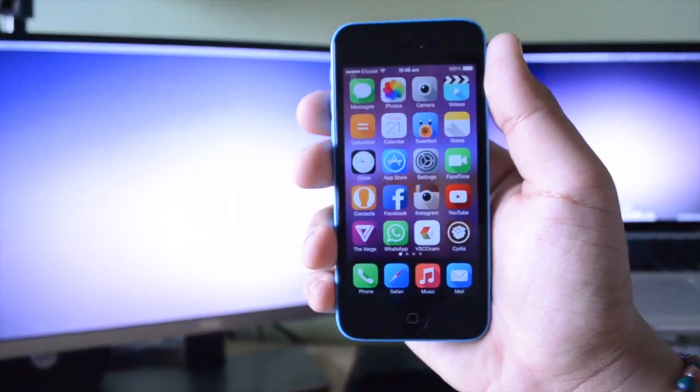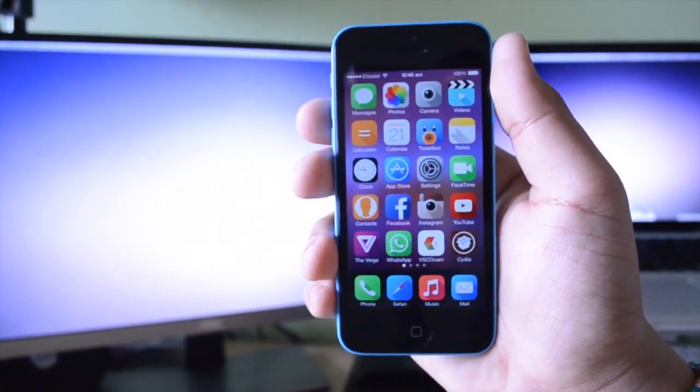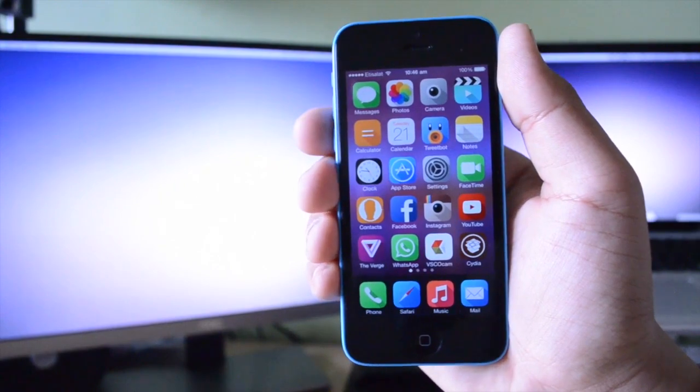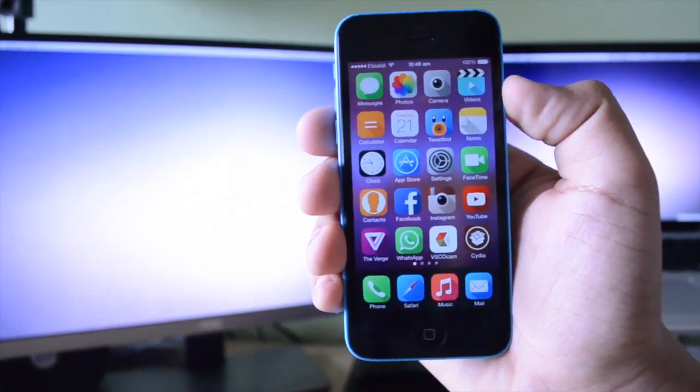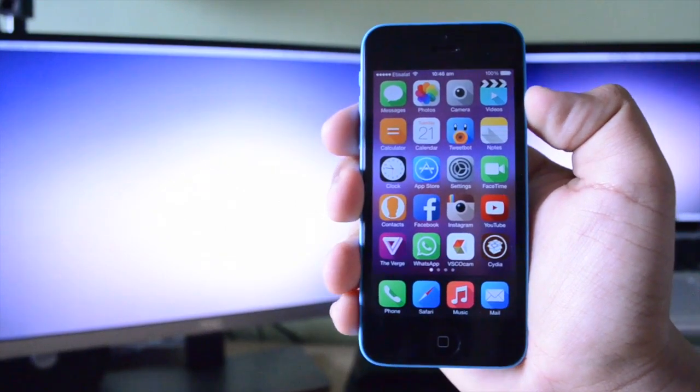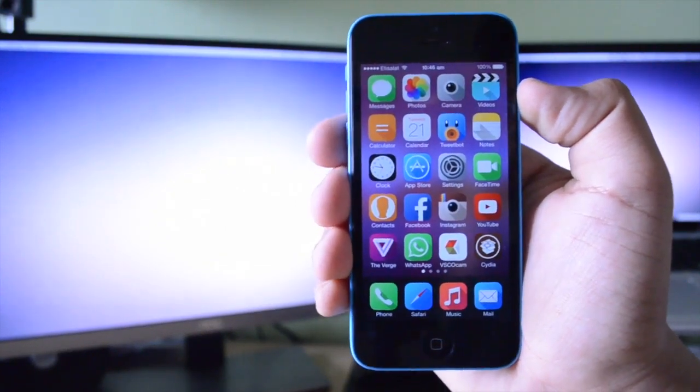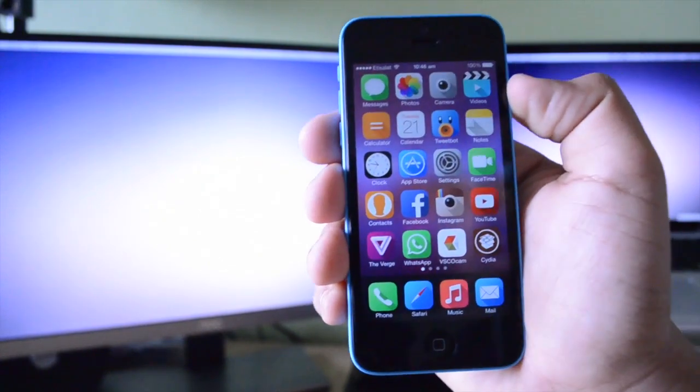Alright guys, so this time I do have a number of interesting tweaks to show you, and to kick the list off, I'm going to start out with a tweak called Blurred. Now this is something I have been using on my iPhone 5C for a little while now, and basically what it allows you to do is change the color of your keyboard from the default white and silverish keyboard to